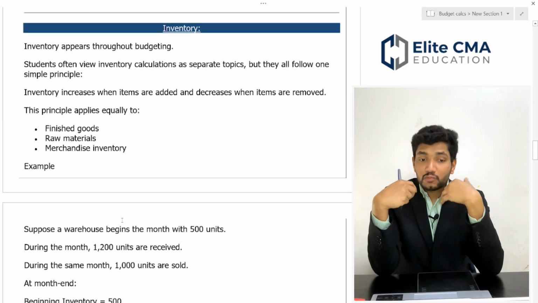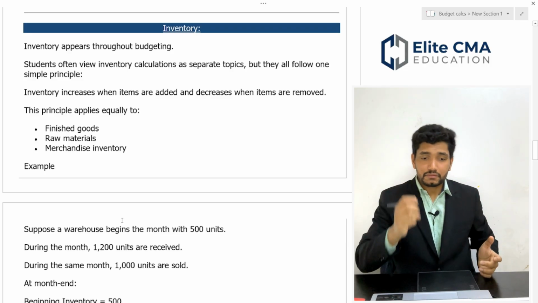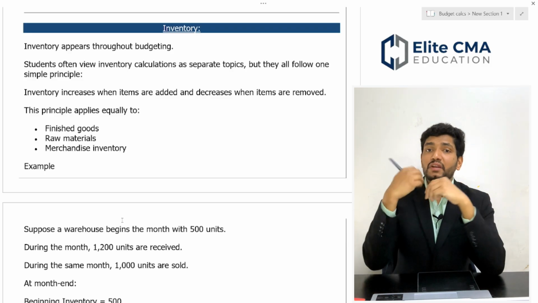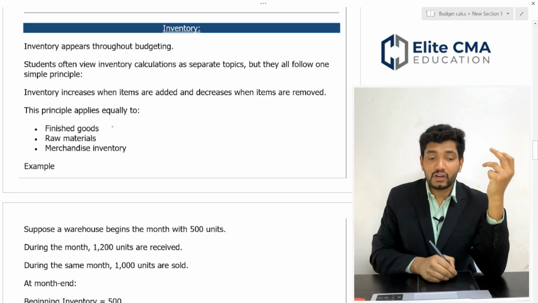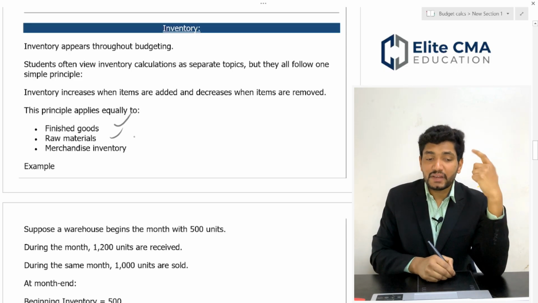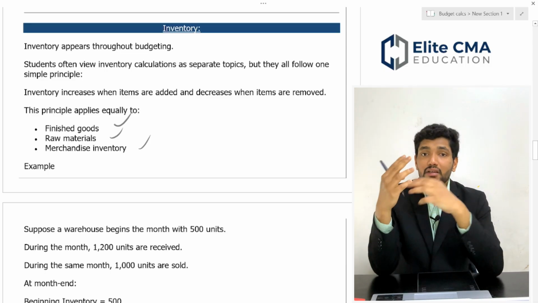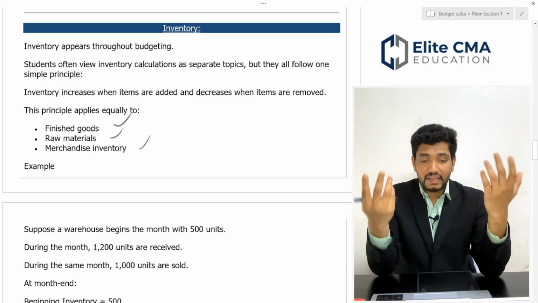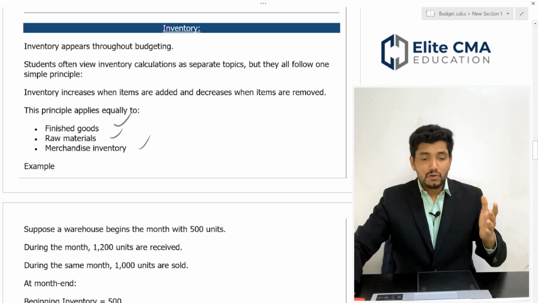Now let's move into inventory. The inventory principle, or inventory, means which includes finished product, raw material and merchandise inventory as well. That means the inventory you bought for direct sales. For an example,